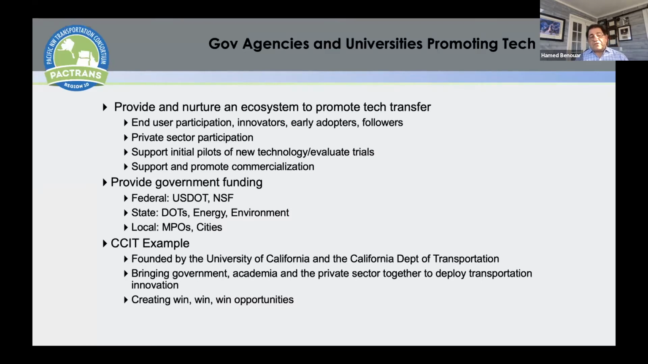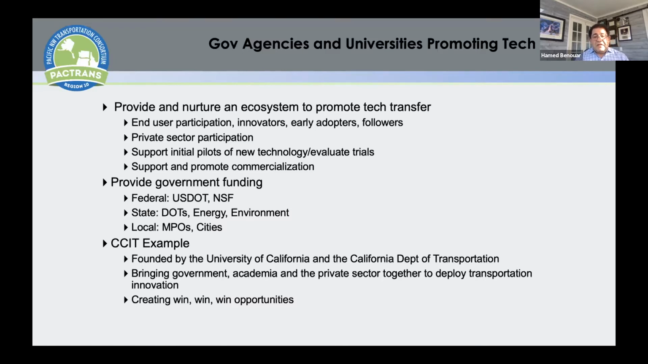In fact, it was first called the Commercialization Center for ITS Technologies, and then we changed it to be more broad, to be the California Center for Innovative Technologies. And the reason I was interested in helping fund that center is because of my frustrations where I worked at the California Department of Transportation as a manager in the new technology department,